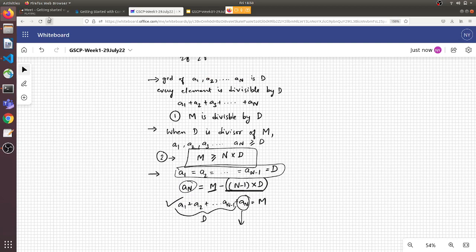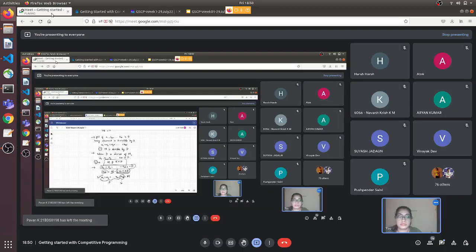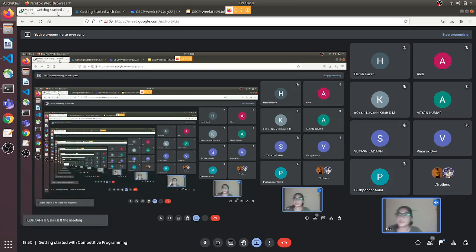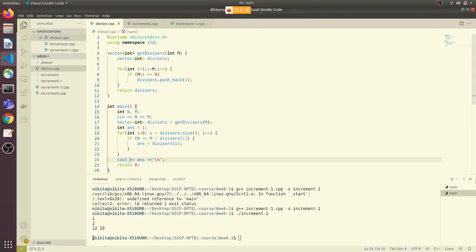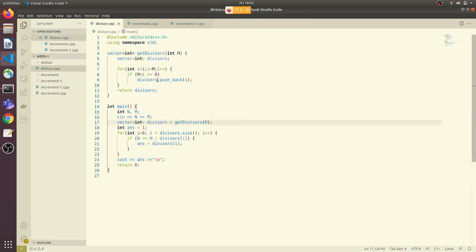Any other questions? Okay, so there are no questions. Let us look at the implementation for this. I've already implemented it here. So the first